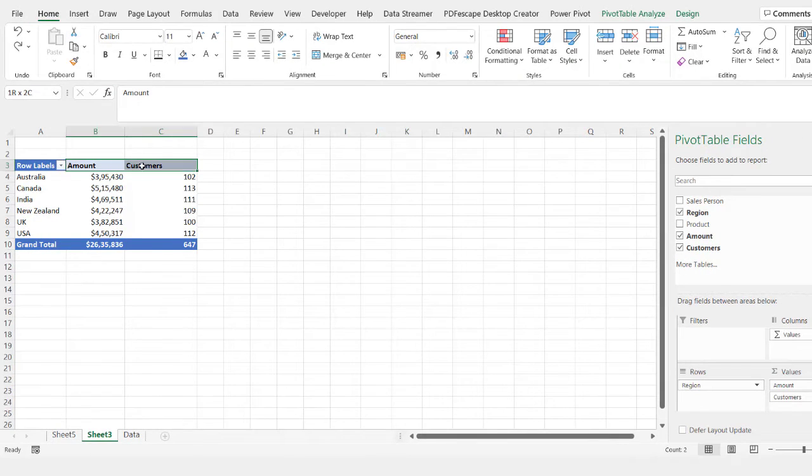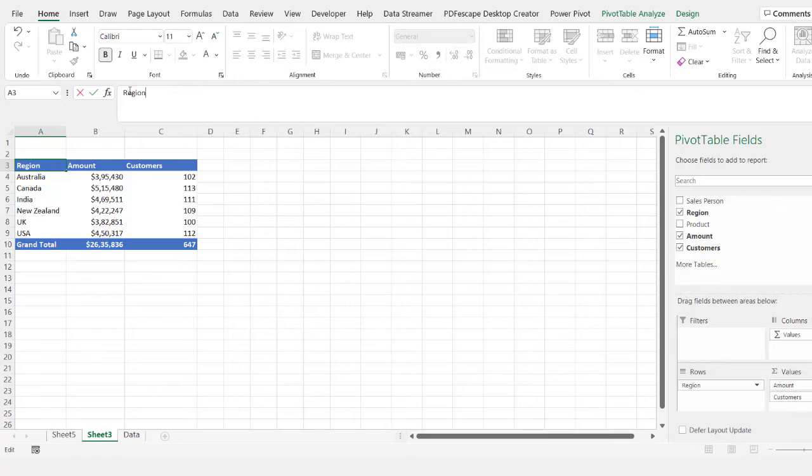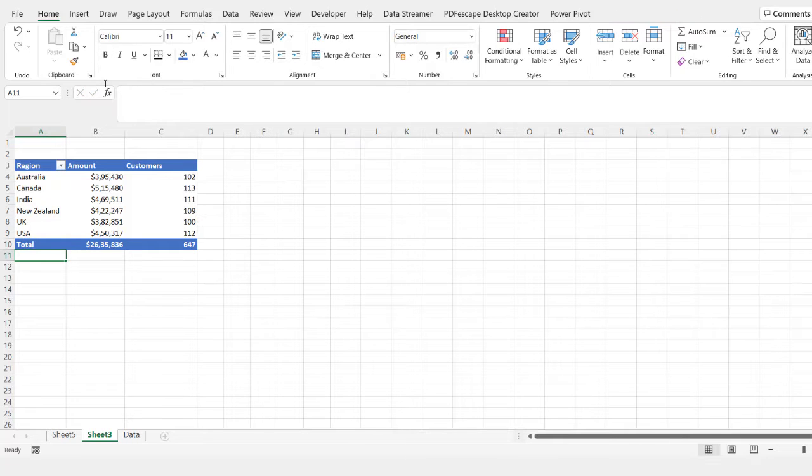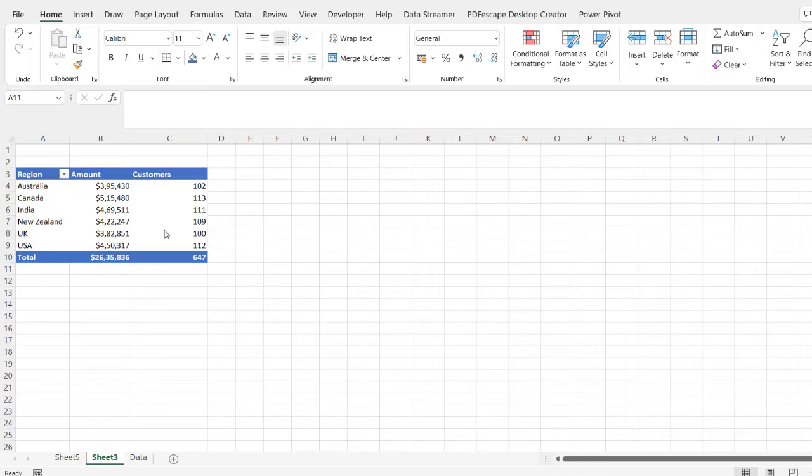Let's change the cell and font color and let's make it region. Also, instead of grand total, let's simply write total, and there we go. In case there is a requirement of more than one pivot table on the same data